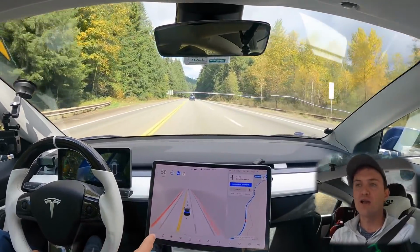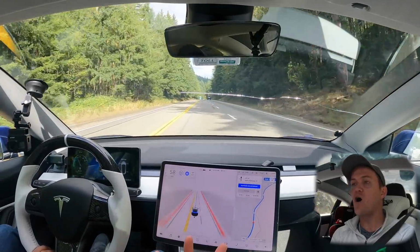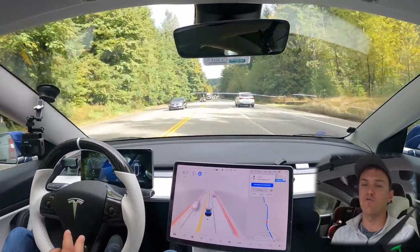The car does not recognize right now that we're on an interstate. Isn't that bizarre? Something to do with the mapping on it. It kicked me right out of it. So now the car is acting like we're driving just on a big old main freeway. That is nuts. The downside of this is that because it thinks we're not on a freeway, it's just making